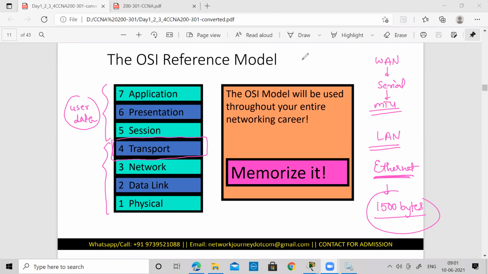Optical fiber can do data transfer at a good speed. It can support a good bandwidth. When you say bandwidth, it is in terms of bits per second. But when I'm talking about a file which I want to transfer, files are considered in bytes. Your files in your systems are stored in bytes. So keep a difference between the two: you store your file in bytes, and the data transfer rate is in bits per second.